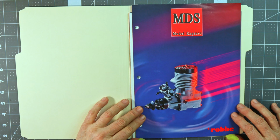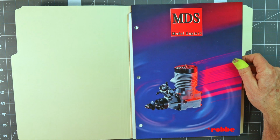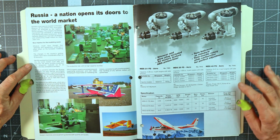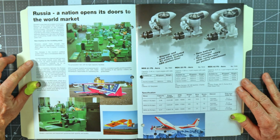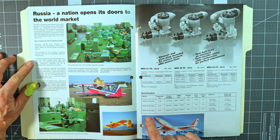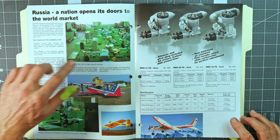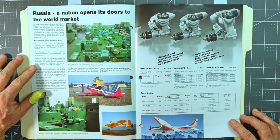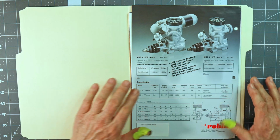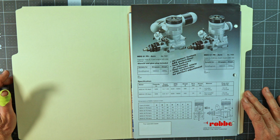The first one here is a flyer for MDS engines. And Rob was the distributor for these at this time. I don't know if there's a year on this or not. And here it shows the lineup at this time. We had a 21, 25, a 40 on this page. And I like this. It shows a little bit about their factory setup and everything. And then here it shows 61 and 61's front and rear